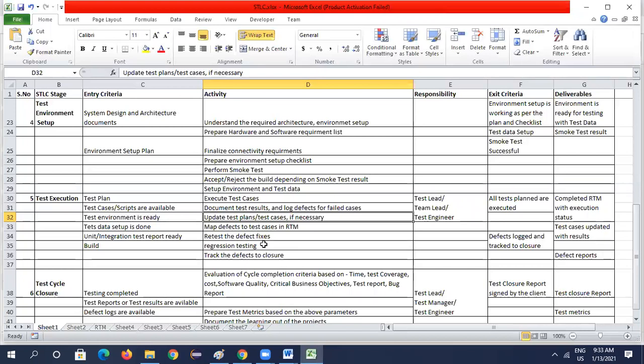So documentation needs to be done. He needs to document all the test results, all the defects he has logged, what type of testing he has completed, and the defects the developer has fixed. He will do regression testing and any other testing which is required. He will track the